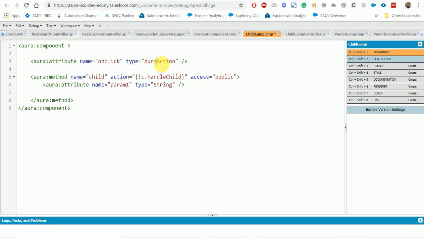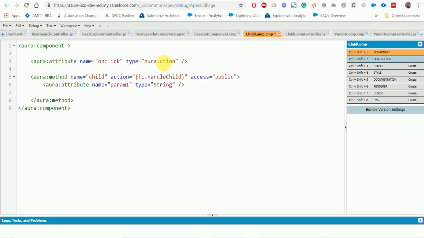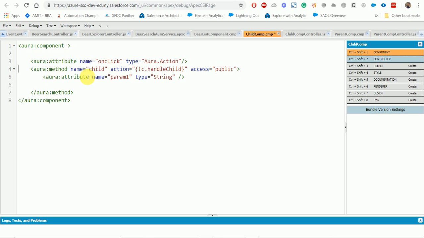Okay, it's not aura colon, it's aura dot action. Oops. Okay, so this is the attribute that we can define, aura dot action, in our child component.